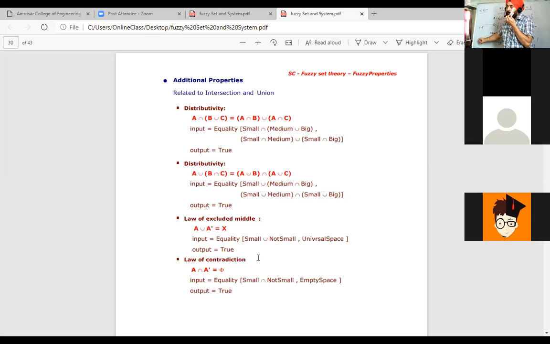First question is find A union B. Second is what is A minus B. Third is prove the distributive property among A union B and C. Prove the commutative property among A, B and C or A, B and D. Such types of questions will be there in fuzzy operations.